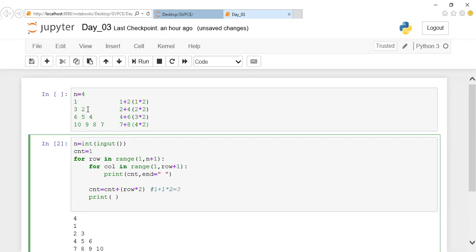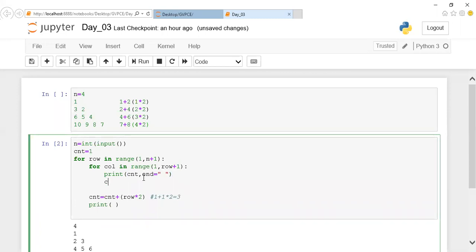After printing 3, what should I do? I should decrement my 3 value to 2. So before doing this operation, what should I do is, I should decrement my value. So I'll decrement count is equals to count minus 1. So fine. Now I'll show you the process. Initially when row value is 1, 1 will be printed. So after printing 1, your count value will become as 0 here. But what should I do? I should add along with 1 here, right? I should not add along with 0. I should add value only along with 1.